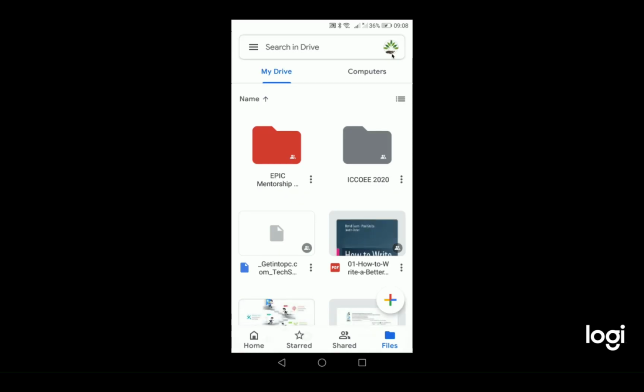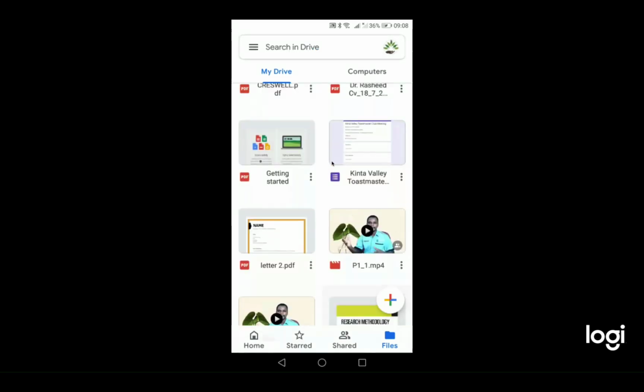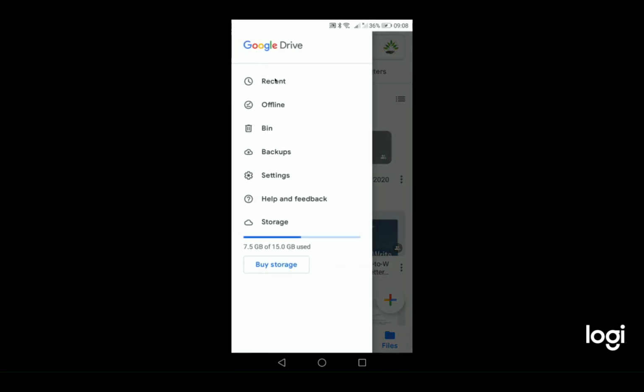All right, you should make sure that you are signed in with that particular email that we are talking about. Once you are signed in with that email, it should bring you into this particular view where you can see all your folders, just like we have seen on the computer. So you can have access to all of them on your phone directly. And up here, you can look at the recent activities, and we can have offline mode. You can see your recycle bin, your backups, your settings, and your storage condition here.